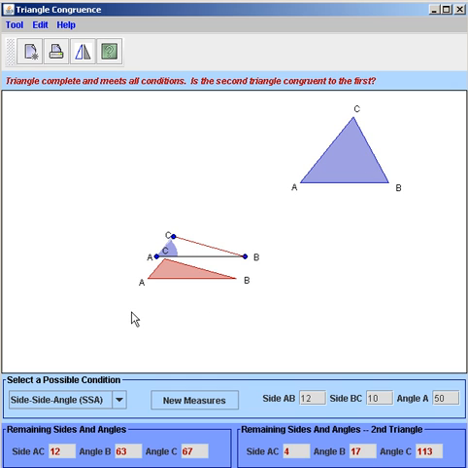I can test that. And then, of course, the A angle has to be the same as the A angle. And there it is right there. So this potential shortcut isn't actually a shortcut at all. It doesn't work. And I would argue the reason that it doesn't work is simply because I could not fix